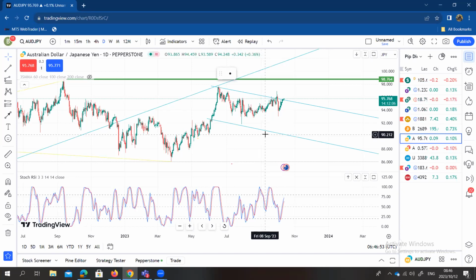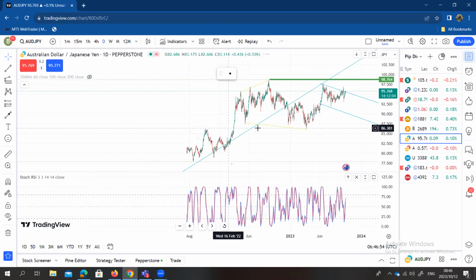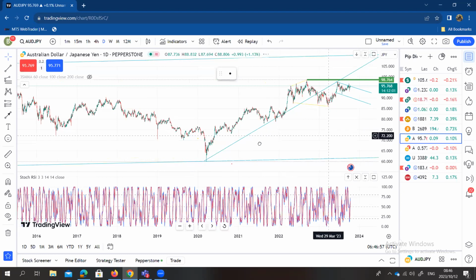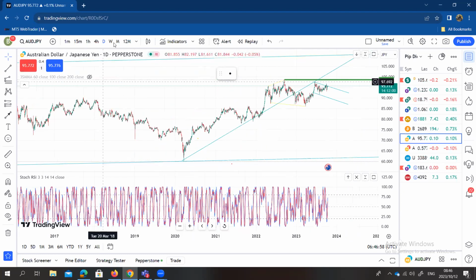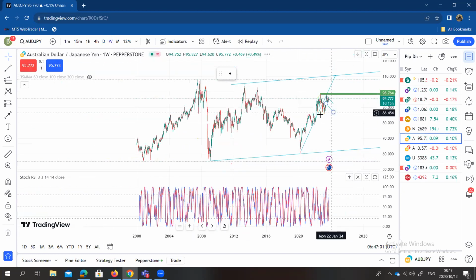Australian dollar against the Japanese yen. So this one is not paired with the US dollar. And my long-term forecast on this is that it's going to be bullish. And that is based on,